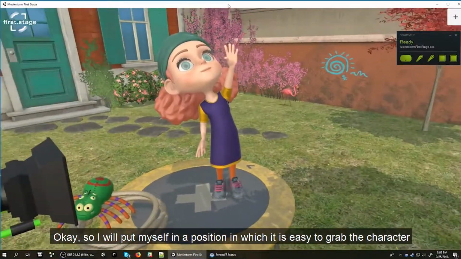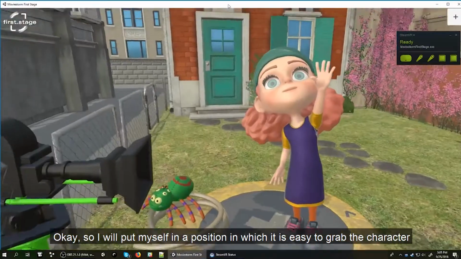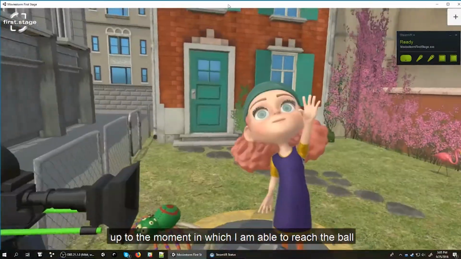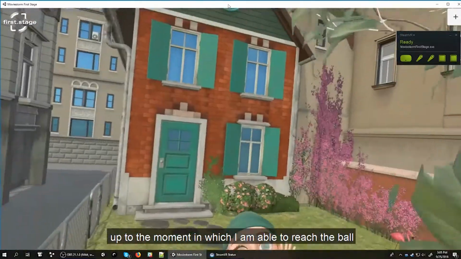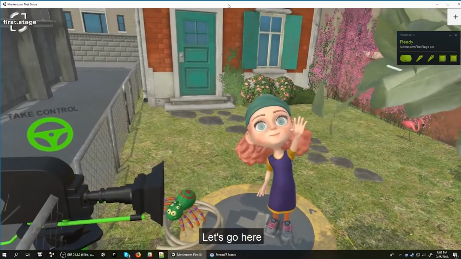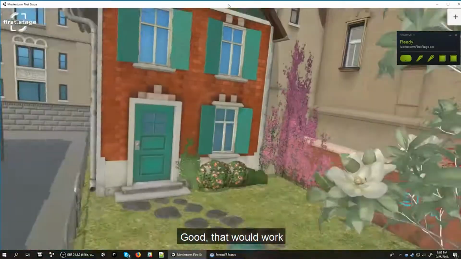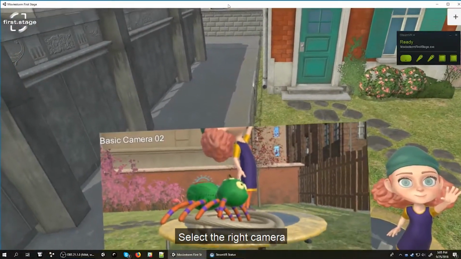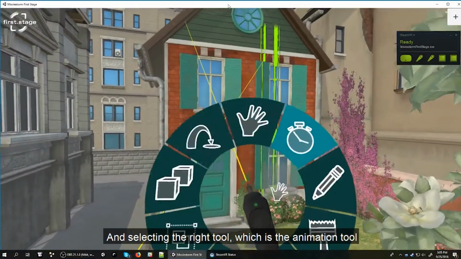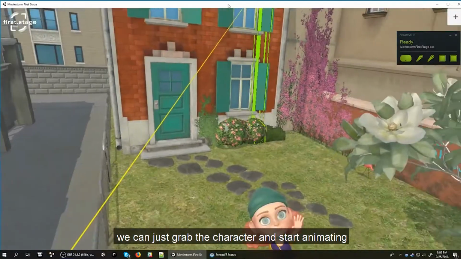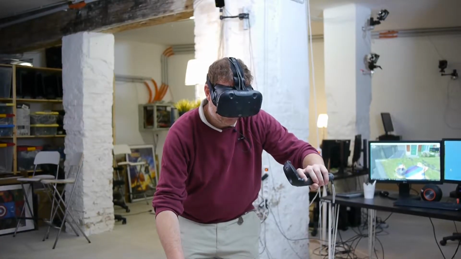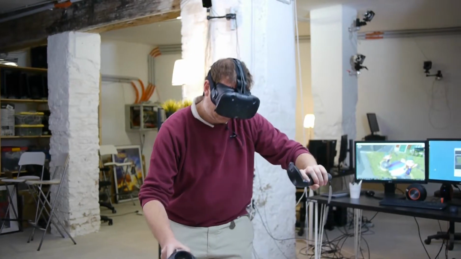Okay, so I will put myself in a position in which it's easy to grab the character and move it up and down up to the moment in which I'm able to reach the ball. So here is a little bit too little. Let's go here. Good, that would work. Select the right camera, and selecting the right tool, that is the animation tool, we can just grab the character and start animating. Ready, steady, hop, hop,